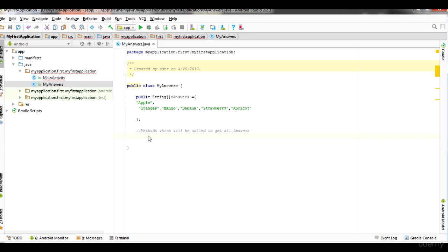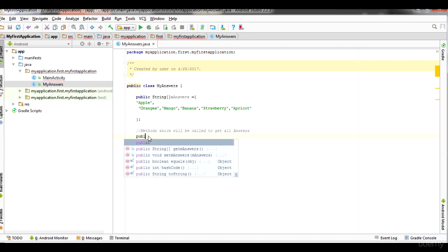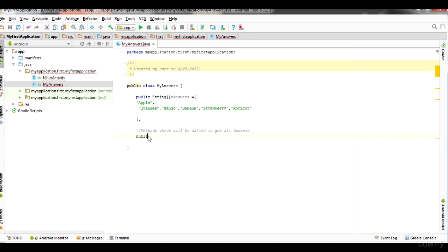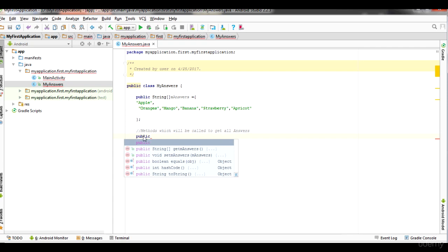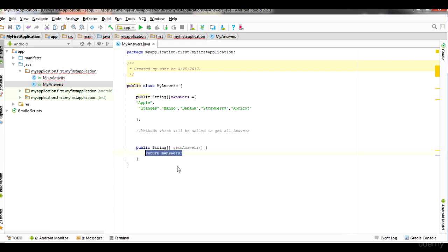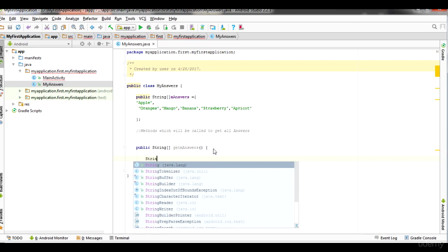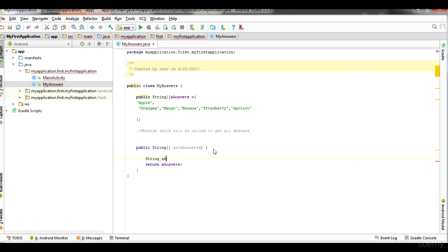Public string get answers. So it's already given to me: public string get answers. So what I have to do here is define a string answer. I'll define it as an empty string,